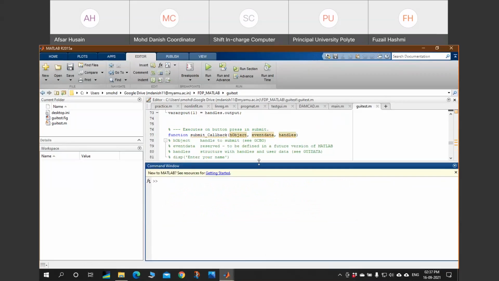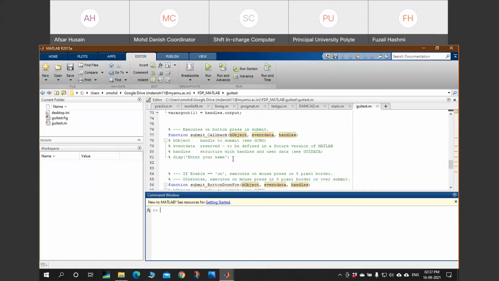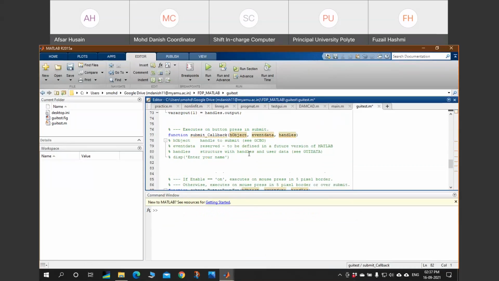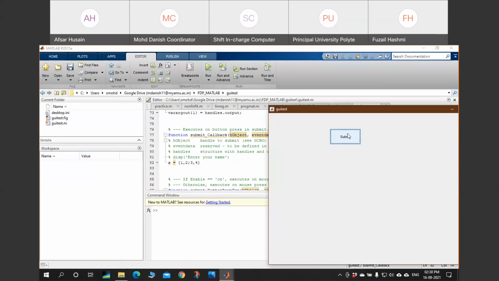Once you start providing commands, suppose I write x equal to 1, 2, 3, 4, and save it. Now try to click this. Right now you have to left click it.